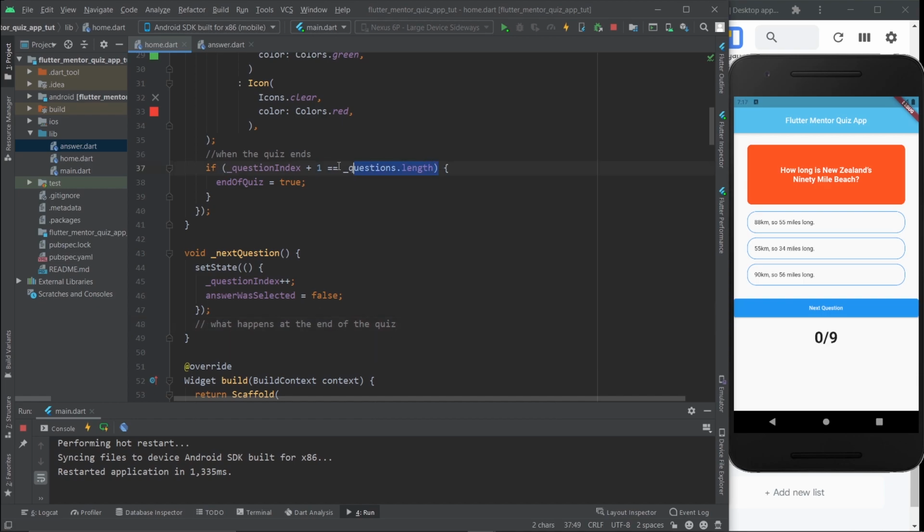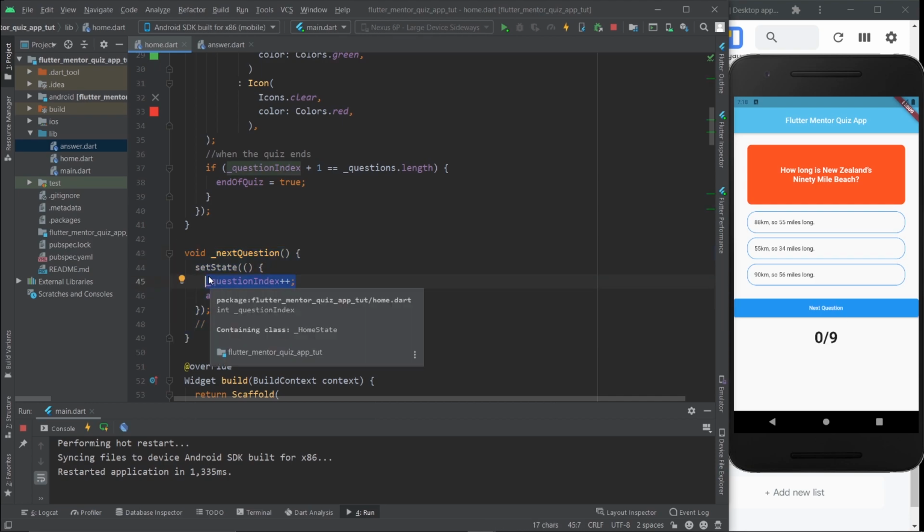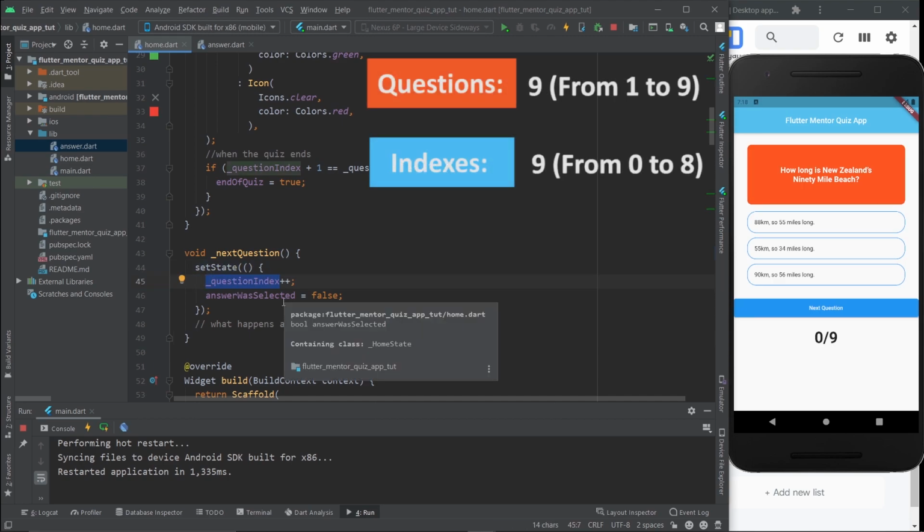And here the logic shouldn't be the same as this one, because what happens here is you're on index 7 and you tap and you go into index 8. However, once you tap the button right here and the quiz has ended, then you're already at index 8. So when you tap for the next question, you are already incrementing the question index. That means that once the quiz is at the end and you hit restart quiz, the question index will go from 8 to 9, which is exactly what crashes the app because there's no 9 index question, okay? Because there's only 9 questions, so it's 0 to 8.